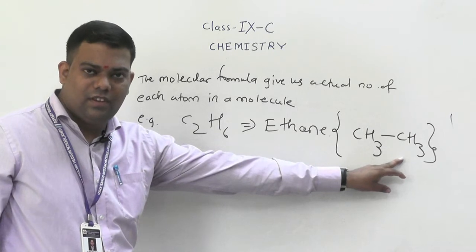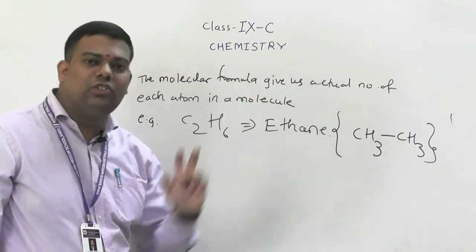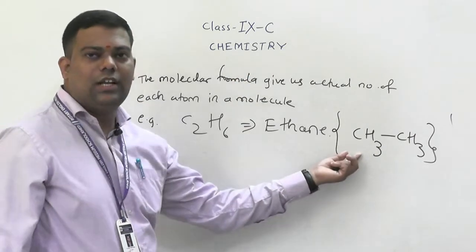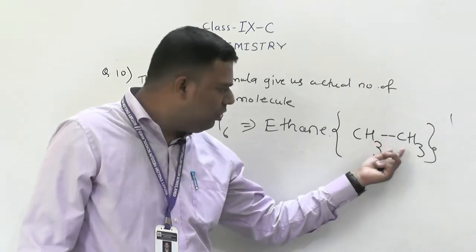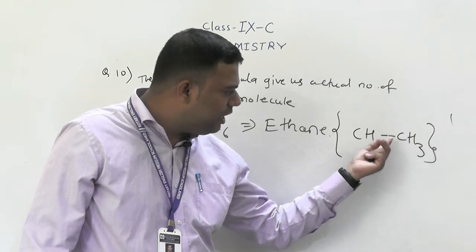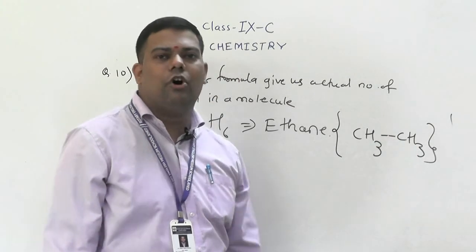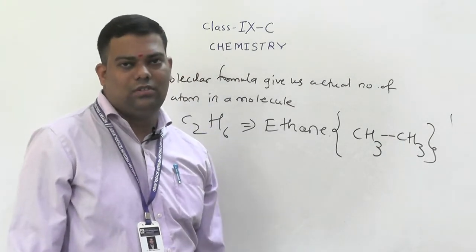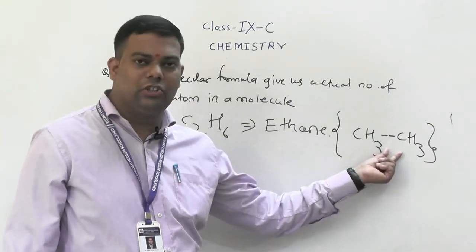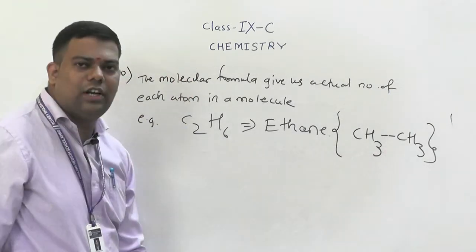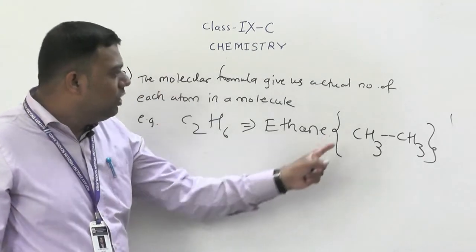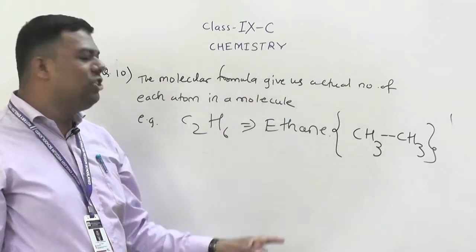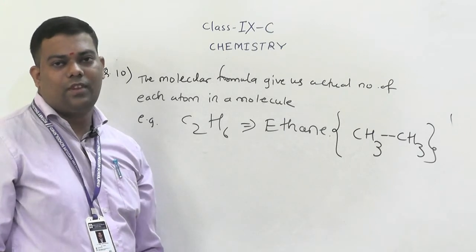CH3. Then carbon valence is also fulfilled here. So see, carbon, this 3 and this 1 makes 4. So carbon valence 4 here also. And for this carbon, this 3 and this 1, 4. So the formula we wrote, this structure, is correct, and this molecular formula is also correct. These are the molecular formula. It gives us the actual number of each atom in a molecule.